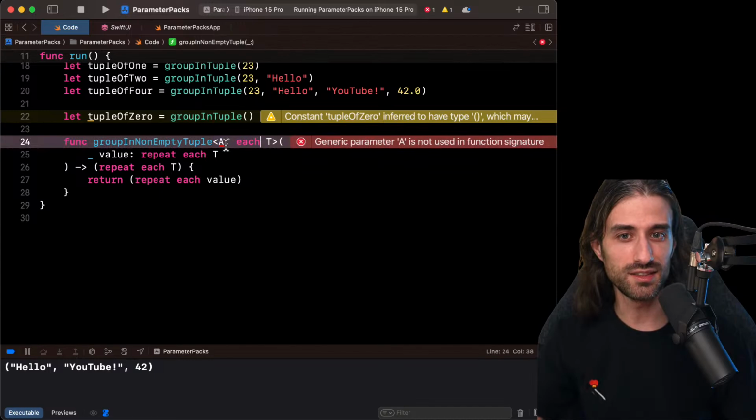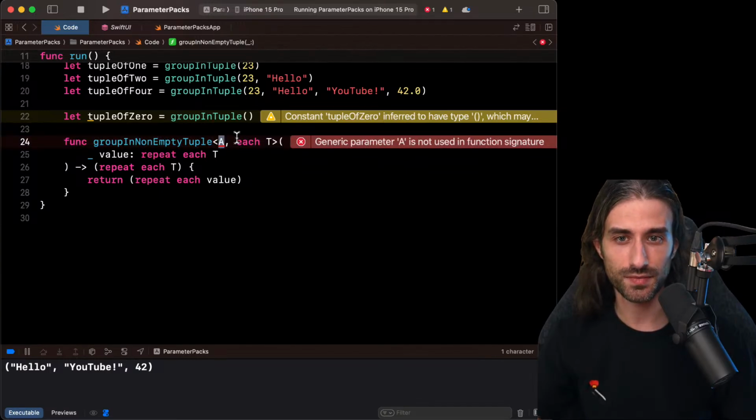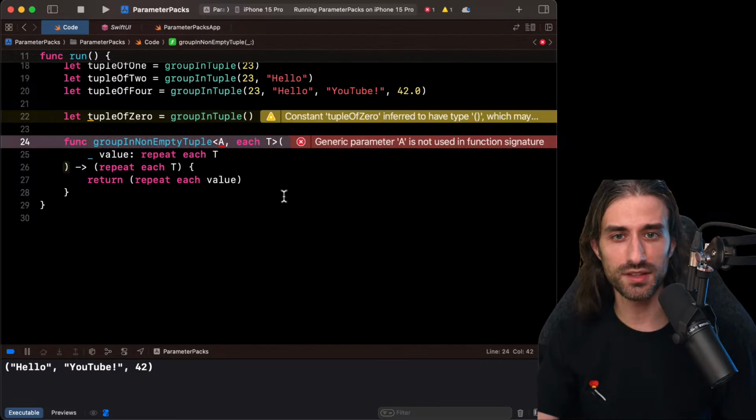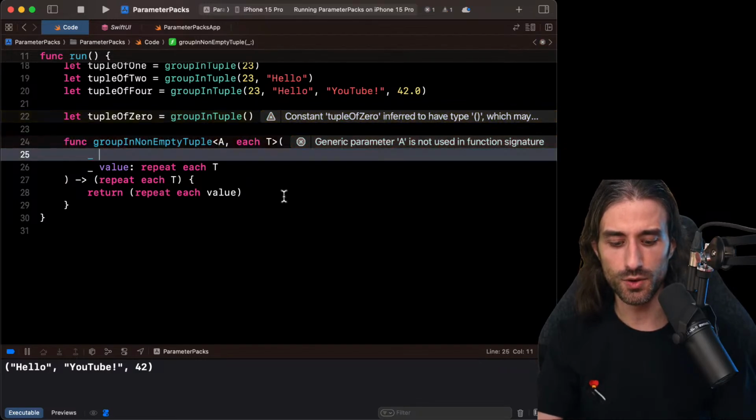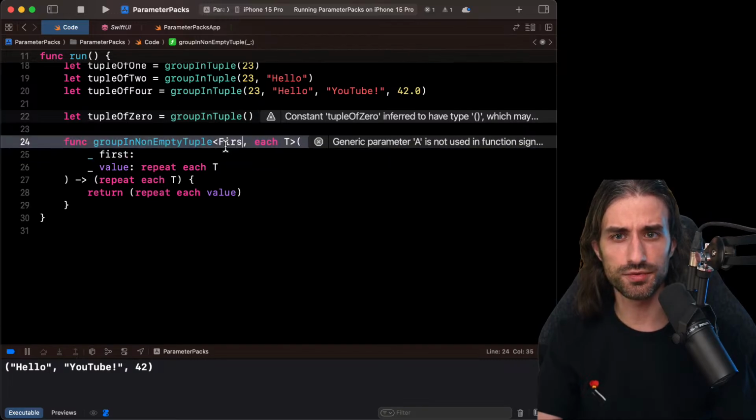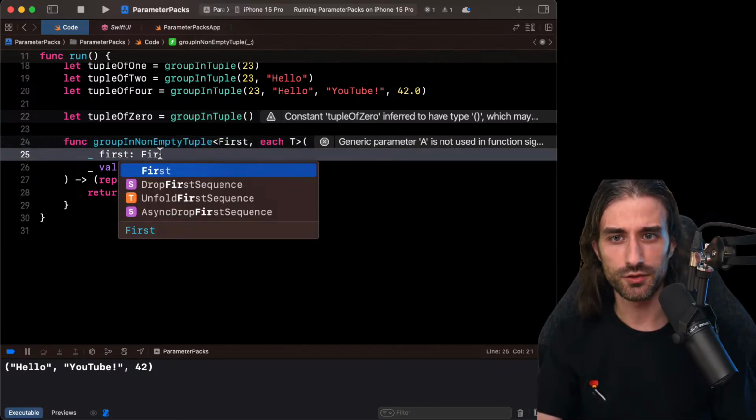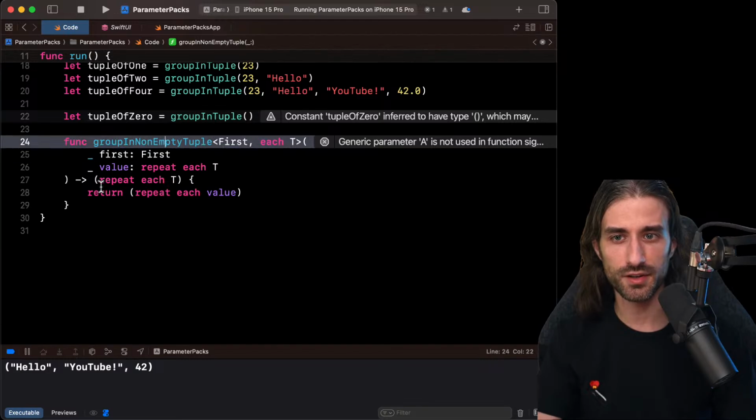And so you do it this way by defining your own type. So it would look like this. You add the generic type here in the declaration of the generic arguments, and then you add a first argument here. So actually, let me rename it to first. I think it will be even clearer. So first is of type First.